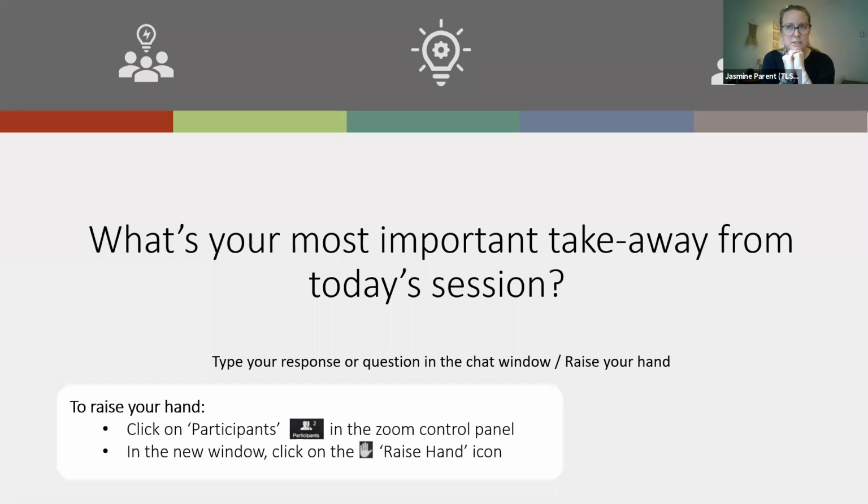Mm-hmm. And it's an option for a tool for collaboration as well. They don't have to use it. It's just there and it's available to them and free because it's offered by McGill. So they could use other tools that they're more familiar with and comfortable with. But Teams is just something that we do offer, and it does have a lot of features. So it's quite nice if they do choose to use it.